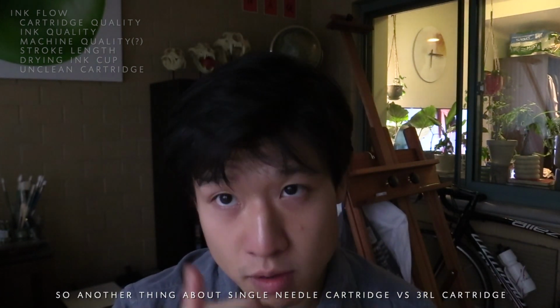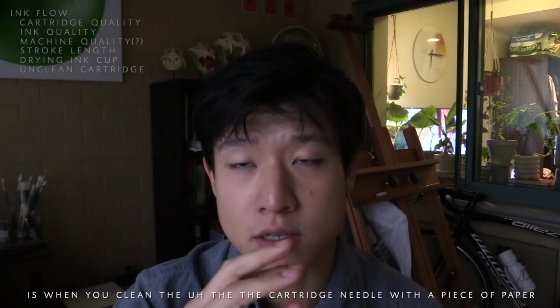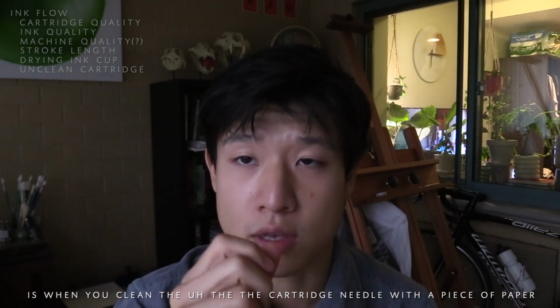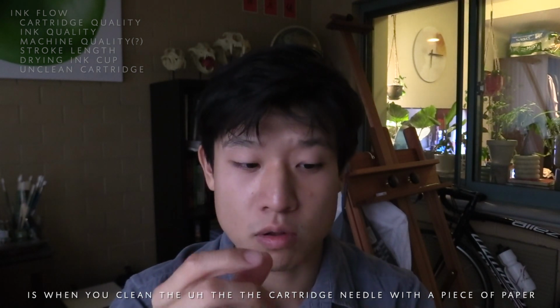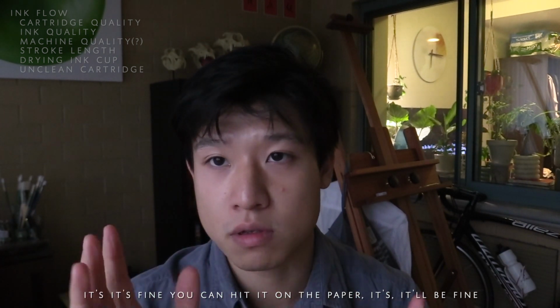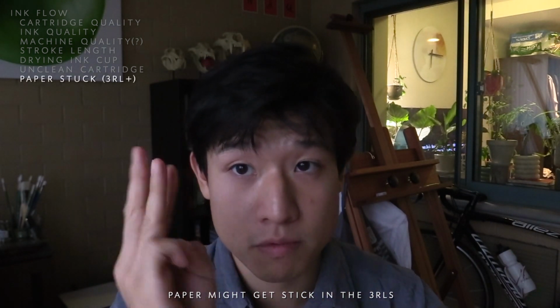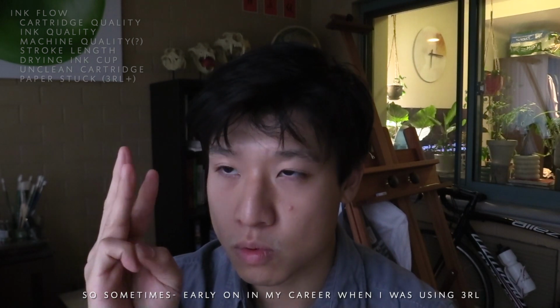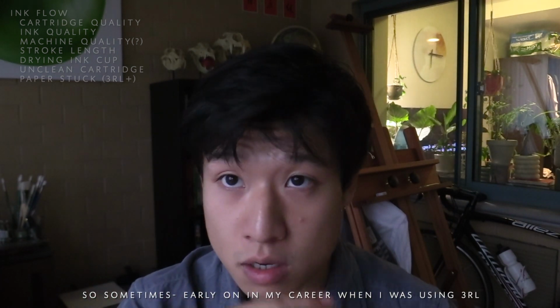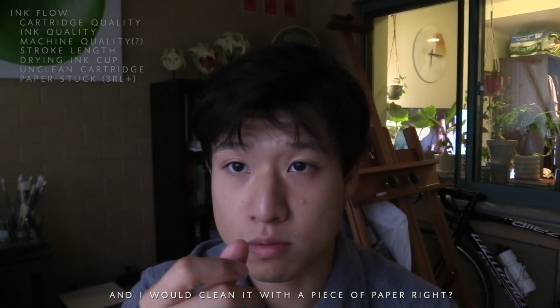So another thing about single needle cartridge versus 3 round liner cartridge is when you clean the cartridge needle with a piece of paper, it's fine. You can hit it on the paper, it'll be fine. But with 3 needles, when you hit the paper, it might get stuck in the 3 round liners. So sometimes early on in my career, when I was using 3 round liner and I would clean it with a piece of paper, right,